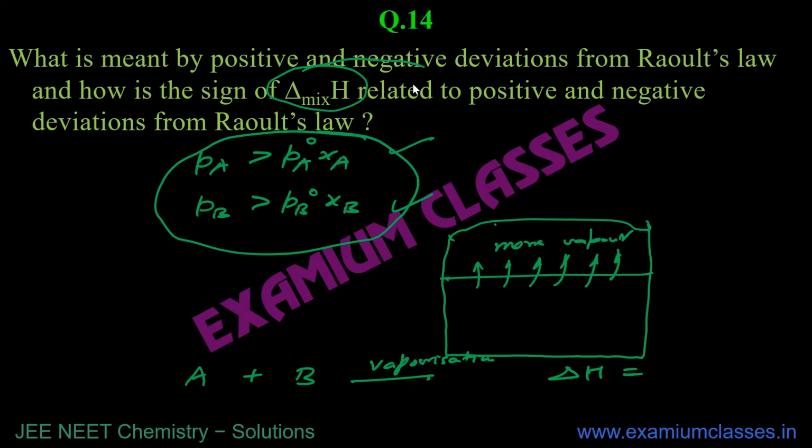Come again. I didn't get you. Sir, if we assume the case of maximum boiling point, meaning negative deviation, can we say that since the AB bond was stronger, when it got broken, the reaction was exothermic? Remember, when we talk about maximum boiling point and minimum boiling point, we talk about azeotropes. That is related to azeotropes, where the ratio of the mole fractions in liquid phase and in vapor phase is the same. Then in that case, we talk about maximum or minimum boiling point. Here we talk in terms of the force of interactions.